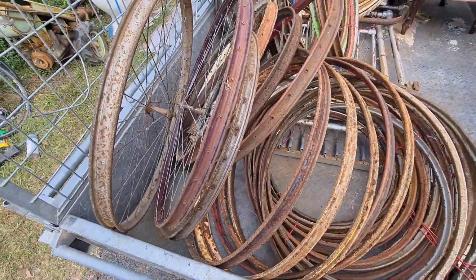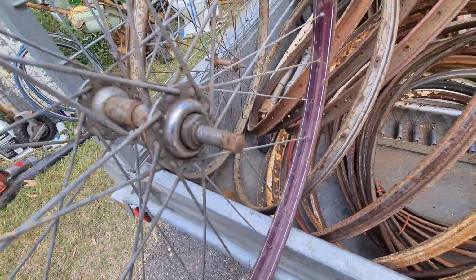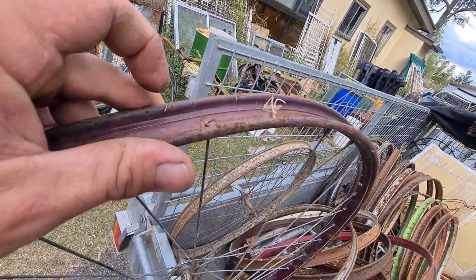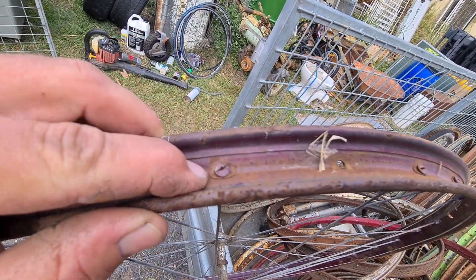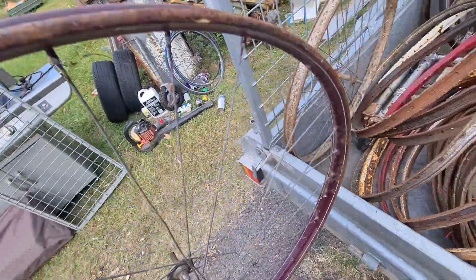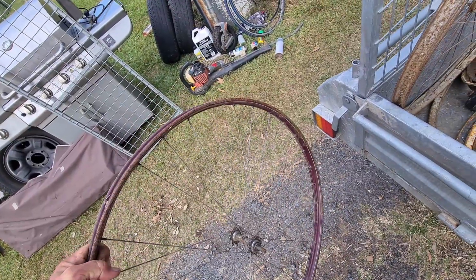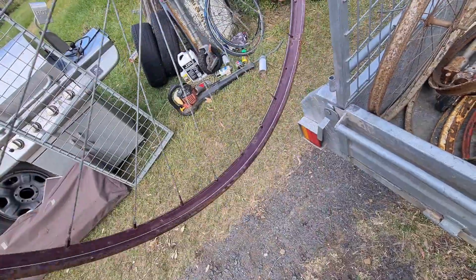I mentioned these Westwood rims before. Nice looking one. Still got the original pinstriping on there. Nice condition. You can see they used to reinforce the eyelet where the spoke nipple goes with these little things. They're not so easy to come by. There are different sizes here. Most of these are going to be a 28 by 1 3/8 inch, which is an imperial measurement,